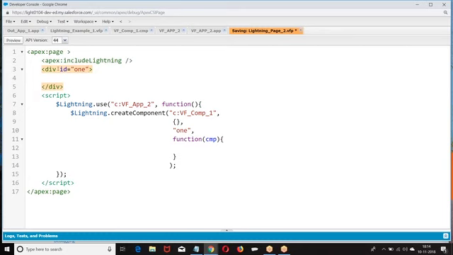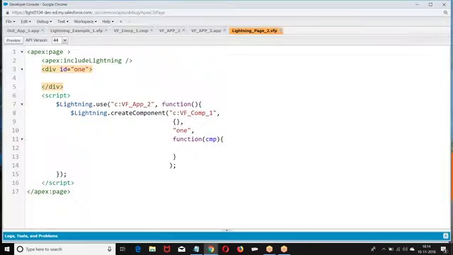Right. Then we'll add some controllers to this component. First let us see the UI, then we'll add some things here. So enter name, enter age, and we got a submit button.